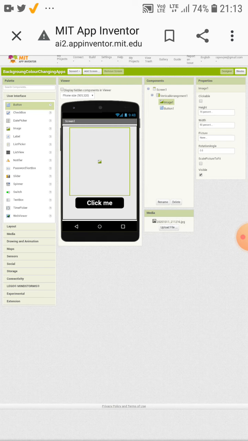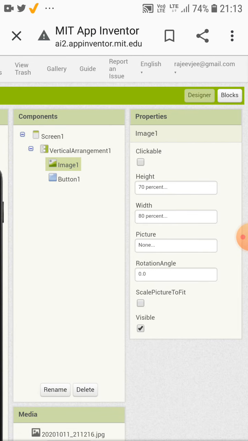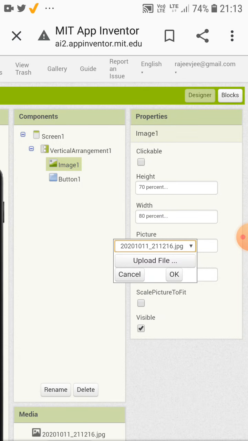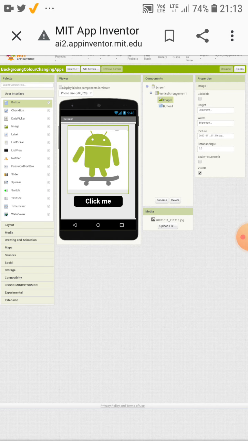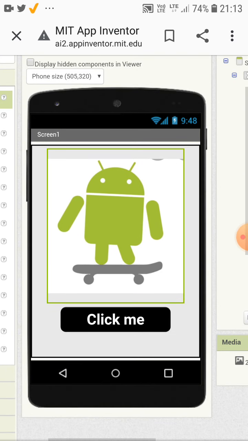It's now OK. In the image picture drop down box, I want the picture. Here's the file. Click on OK. And here's the image. The image came. Now this is the screen you will be seeing when the app is made.